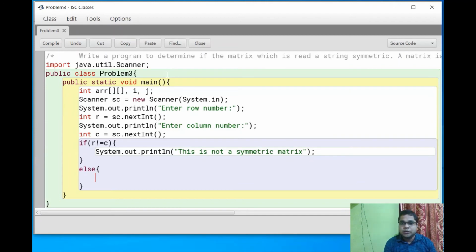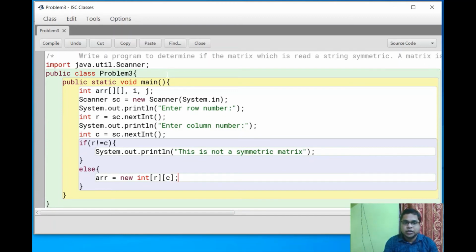Now create the array with that number of rows and columns size. That means arr is equals to new of your data type. First you have to give the row and then give the column, r and c.